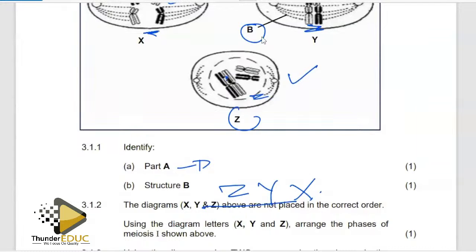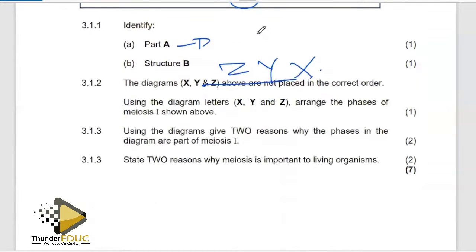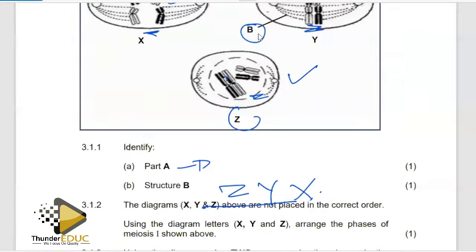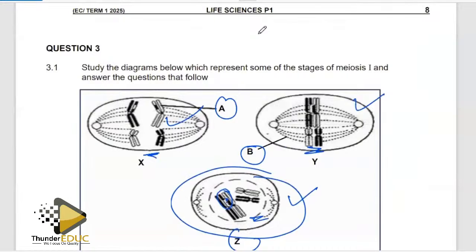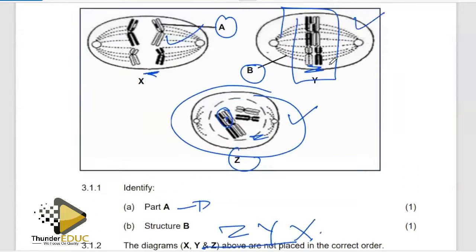It's just a reverse. Then they're saying that use the diagrams, give 2 reasons why the phases are part of meiosis 1. Why do you say it's part of meiosis 1? First of all, we see that there is crossing over which is taking place here. That's number 1. Number 2, chromosomes are homologous. Look at metaphase 1. They're still in homologous pairs. Therefore, we shall say that